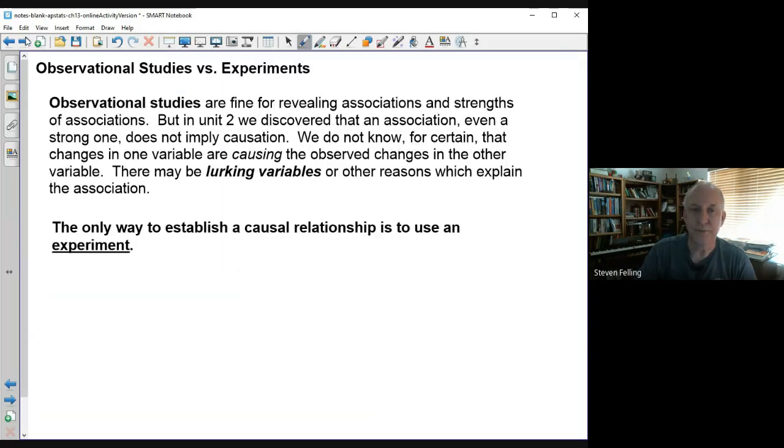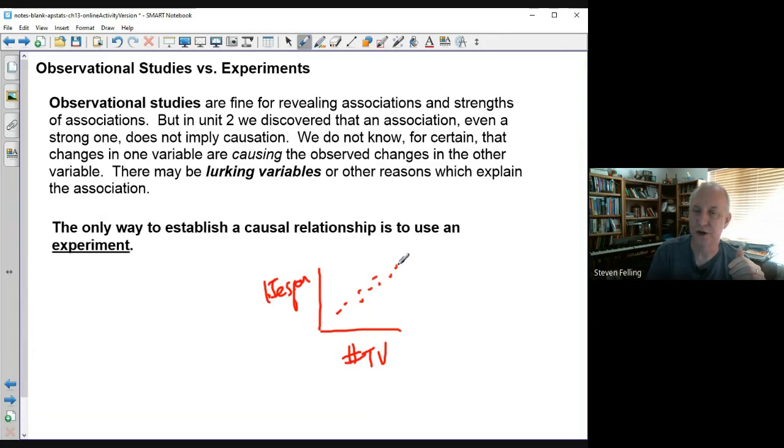Okay. So observational studies are fine for revealing associations and strengths of associations. But in Unit 2, we talked about the fact that an association, even if it's strong, does not imply causation, right? We don't know for certain that changing one variable will cause a change in the other because there might be lurking variables or other reasons. Remember how we said if you had the number of TVs in a house and lifespan at death, maybe there's a strong association here. That's true that when people have more TVs in their house, they live longer, right? But what's really happening is something else is going on that's affecting these things, right? In other words, you can't necessarily change the number of TVs and have that cause a change in lifespan,